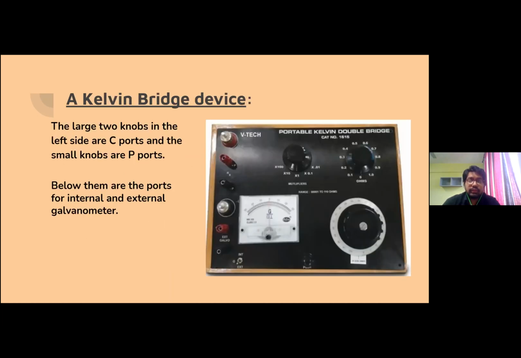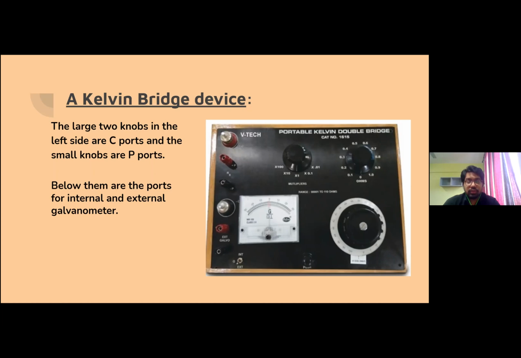This certain network design has its own instrument, which can be used as a portable device and used in any sort of circuit to measure the resistance. The ports in the device are connected to the lead wires and then with the load wires. Below the P and C ports is the port for connecting sensitive galvanometer. The sensitive galvanometer is used for the detecting